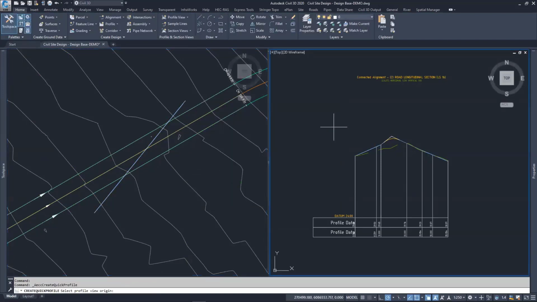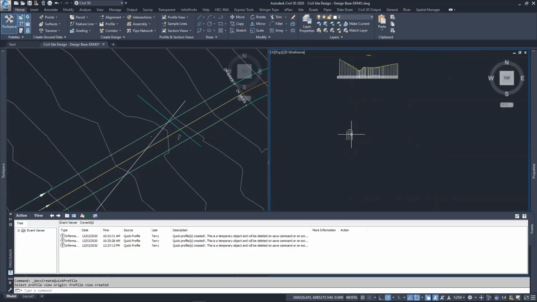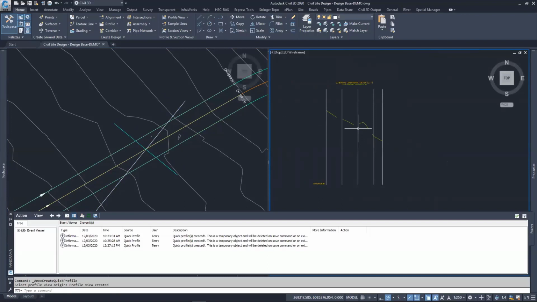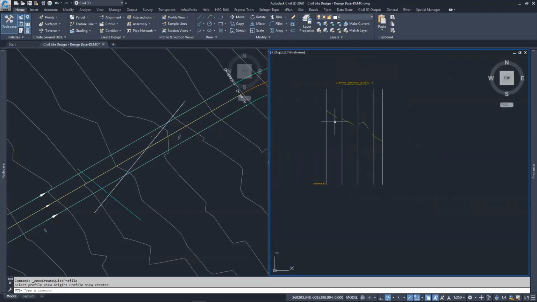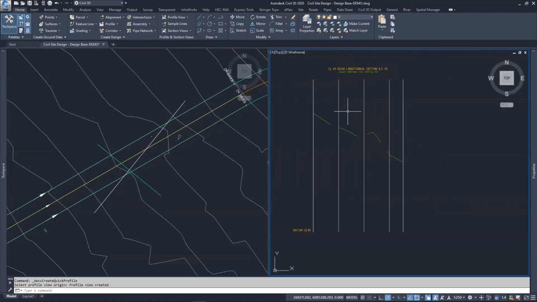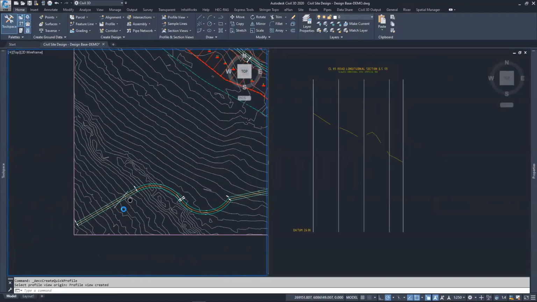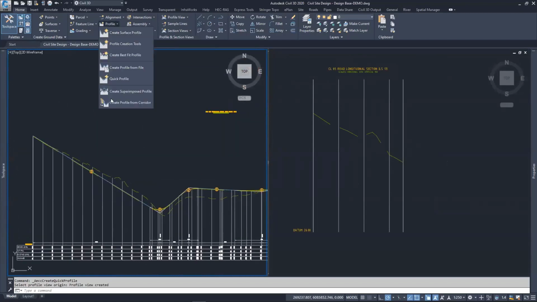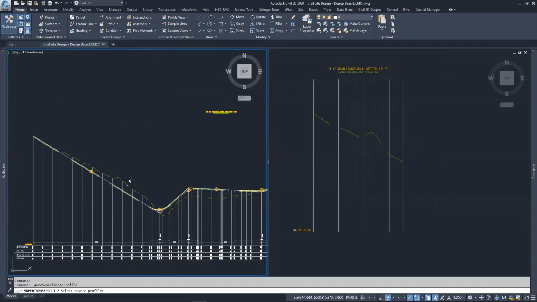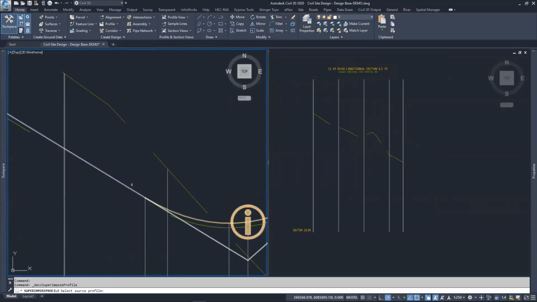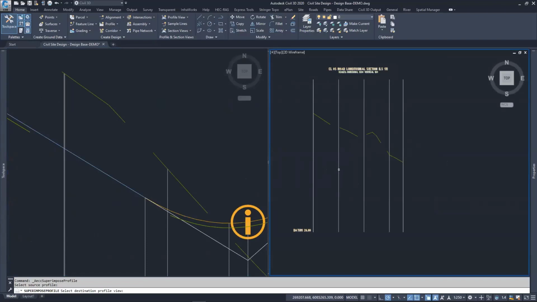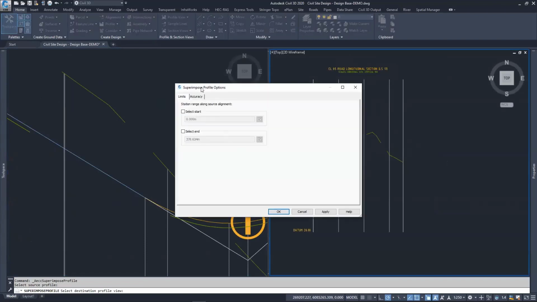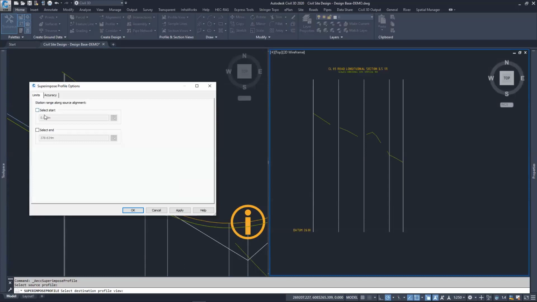Click OK. I'm going to come over to this view here. And so I have a profile view, and with my marker on, I can see where I'm up to. And now what I can do is with the road design of our demo, which is down here, I can do a profile and superimpose that profile. I can choose the source profile, and I want the center line. So I'll grab this center line and choose the destination. It brings up options regarding the extent, start and end, and the accuracy because it's superimposing it. So I click OK on that,